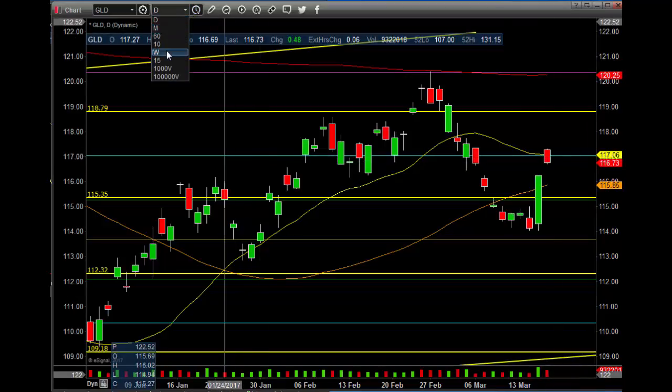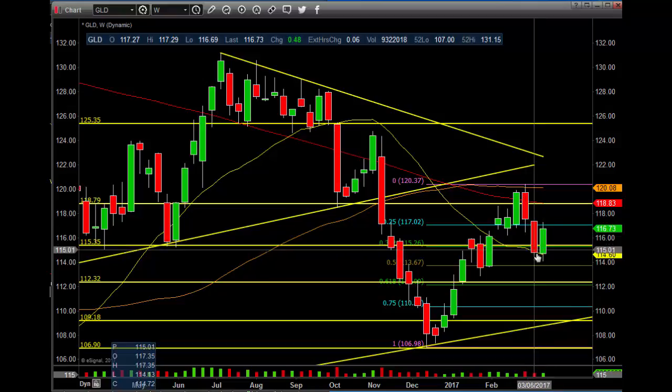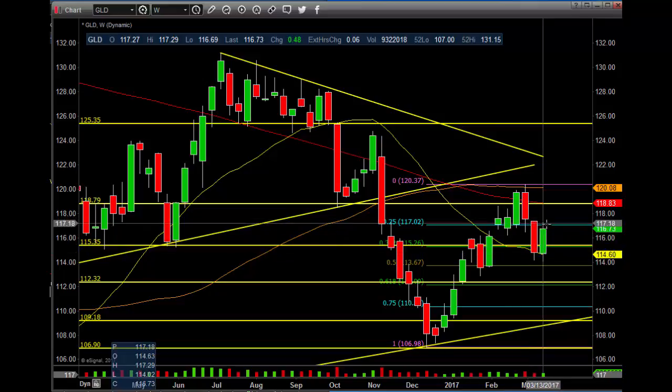Let's go into the weekly chart really quick on this one. So look at that. We ended up, remember, we talked about this. We don't want to see another close below the 20 MA. We closed right on top of it last week. I wanted to see this thing pop up on a weekly chart, which we did. So if we do pop up, we'll be a little bit better, but I would love to get above this